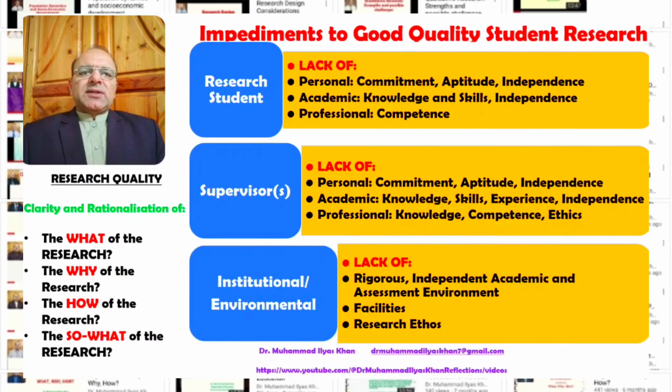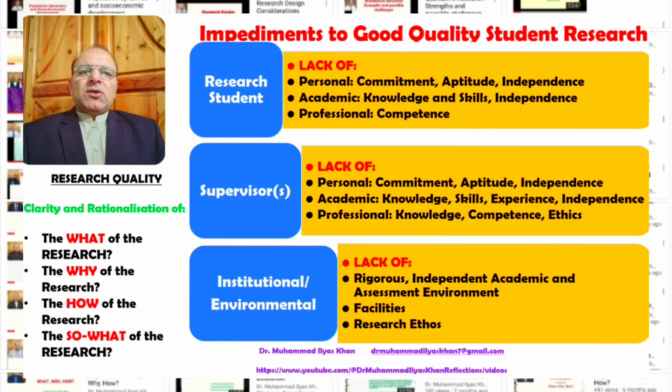Also, the supervisor needs to be independent in order to make informed academic and research decisions. And so if the supervisor is mired in institutional structures and superstructures where they do not have the requisite independence to give independent and clear guidance to the students in terms of the topic choice or other methodological choices during the process of research, that can impede the process of good quality research.